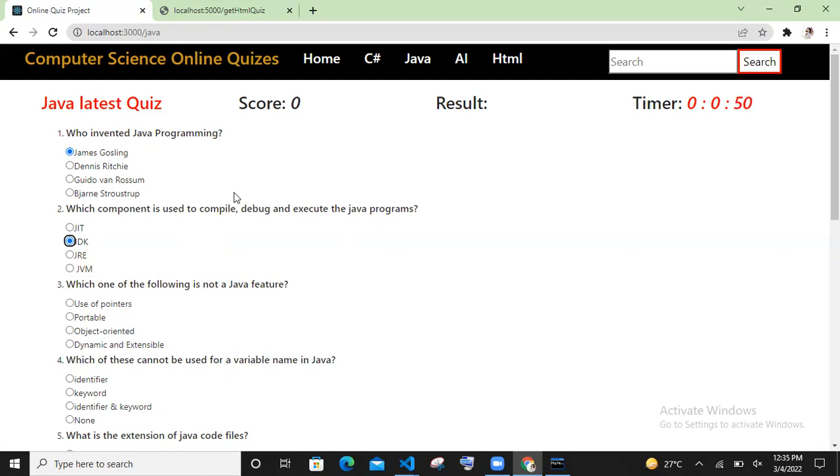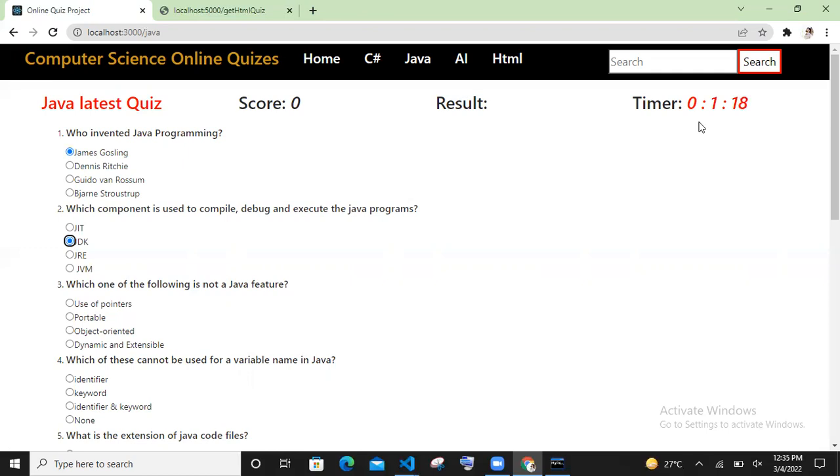Basically, it will show our preparation for any competitive exam. So these are the functionalities, and here is the timer showing how much time I have spent on a particular quiz, and what I should do, how I should improve my knowledge so that I could easily complete the quiz within the time.